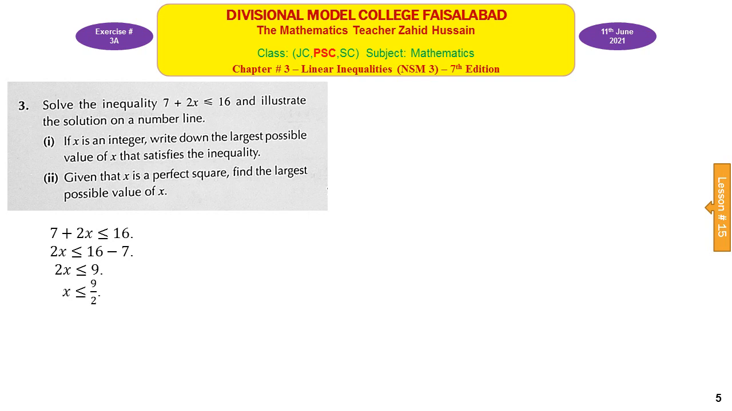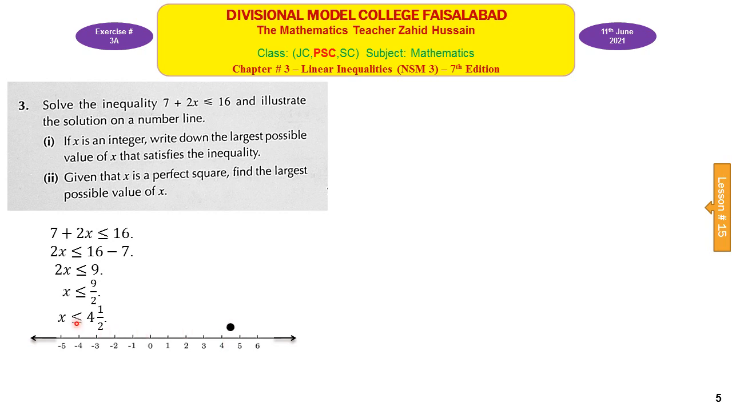Dividing both sides by 2 we will get 9 over 2, and x is less than or equal to 4 and a half. Represent this inequality on number line. We will put a circle at 4 and a half. 4 and a half is the point between 4 and 5, at this point. This is 4 and a half. So at this point we will draw a circle